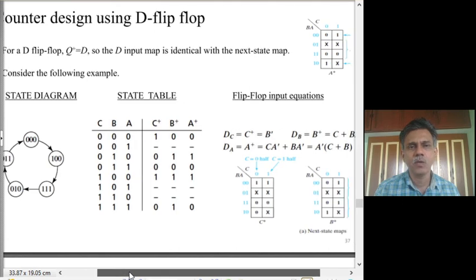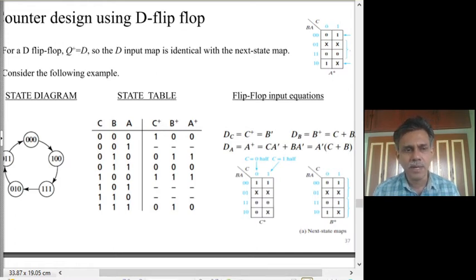So now again we need to first look at the excitation table for the D flip-flop, because we are going to have 3 D flip-flops. Because there are 3 bits, there have to be 3 D flip-flops. Immediate conclusion: they are synchronous circuits. So we have a clock, the same clock goes to all the D flip-flops. That is also fixed, there is no choice. The only thing we need to fix is what goes as the D input for the 3 flip-flops. That is all we have to decide, and we do that based on the present value and the desired next value of that flip-flop.